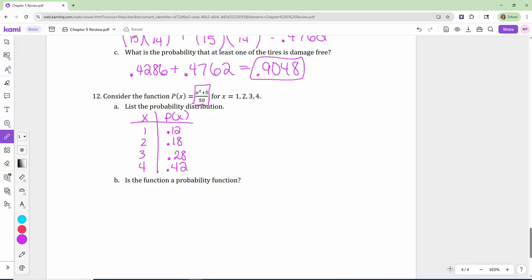Is it a probability function? What are the 2 requirements to be a probability function? So check. Do those add up to 1? Yes. They add to 1. Every probability